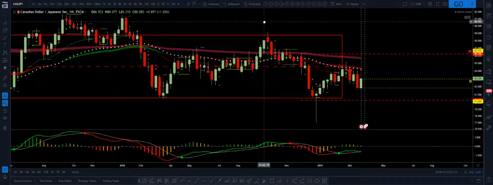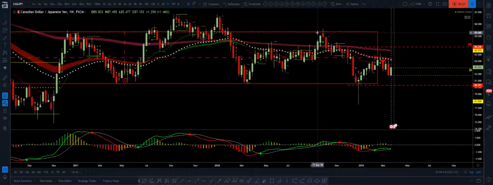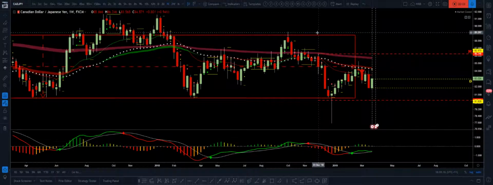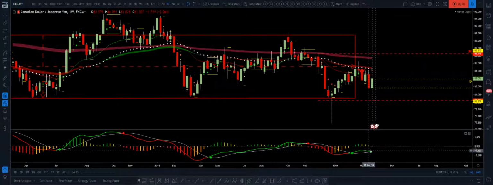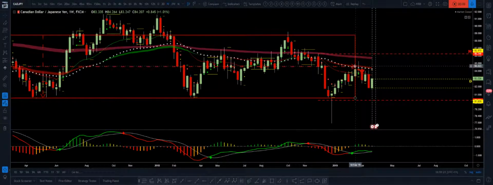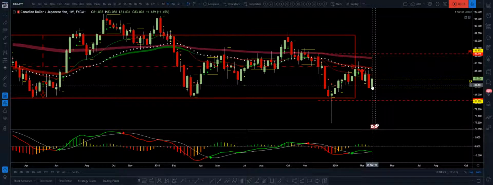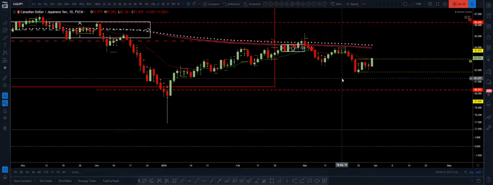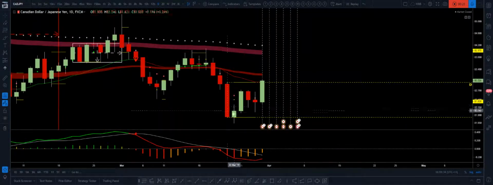This is CADJPY. From the weekly chart, CADJPY is in a downtrend. The MACD is under zero. This is also the 200-day moving average and the 50-day EMA on the weekly chart. So it's a downtrend. But if you have a look at the daily chart, the price